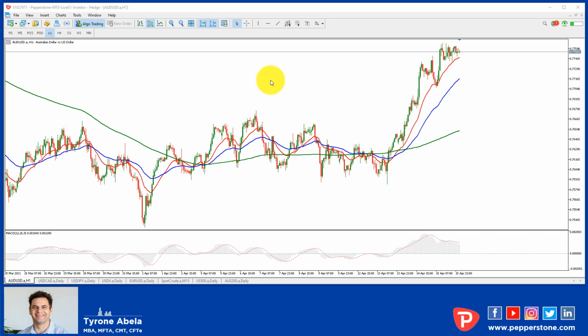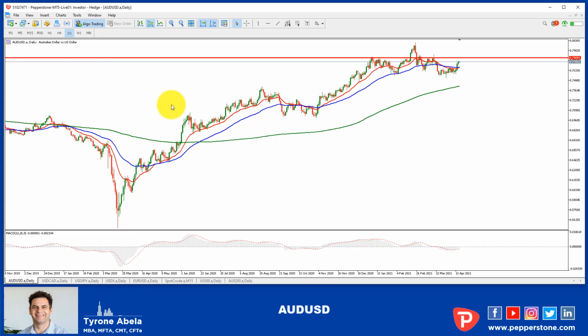So we'll start out here with the Aussie USD. We'll move over to a daily chart and have a look at what has happened here. We can see that we had that consolidation of price around the neckline of what should have been a head and shoulders. It failed to break, and we knew that it was a pretty strong zone. I know we've talked about this before. We knew that it was a very strong zone, and it didn't break it, so it never got us into the trade. But it has consequently broken up to the upside, broken past those moving averages,